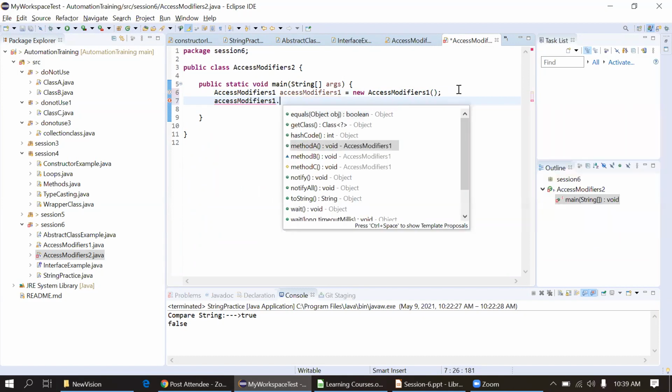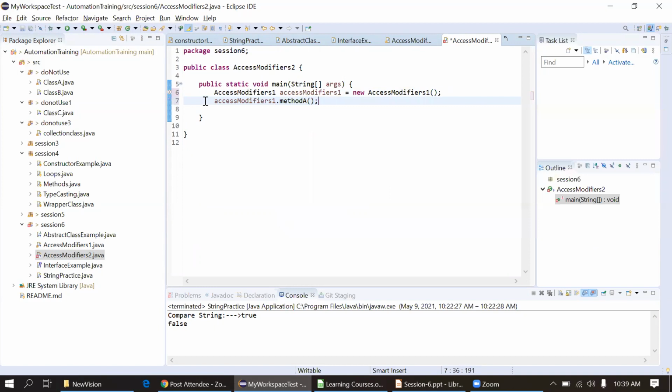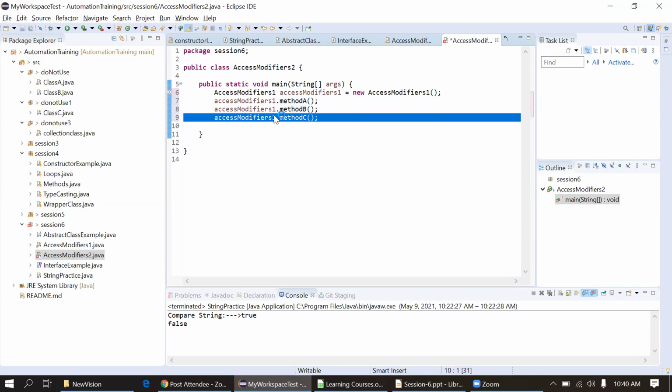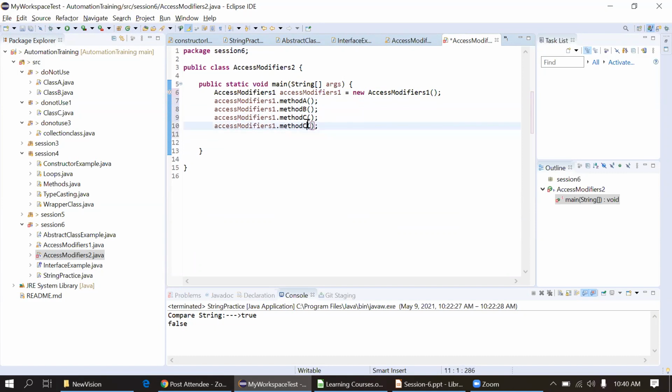Method A, here is method B. We are not getting an error. We are able to access those methods. Method C and method D. For method D, I'm getting the error. Let me see what error I'm getting here.